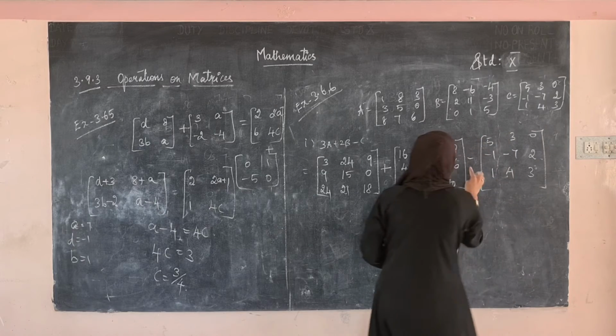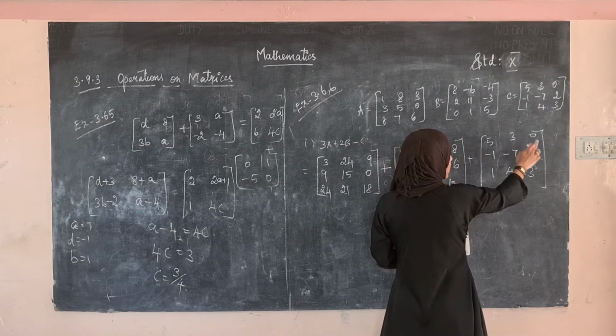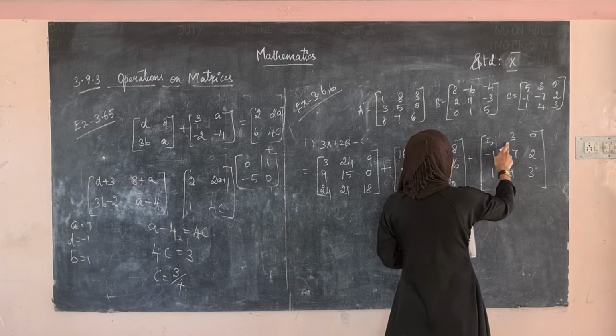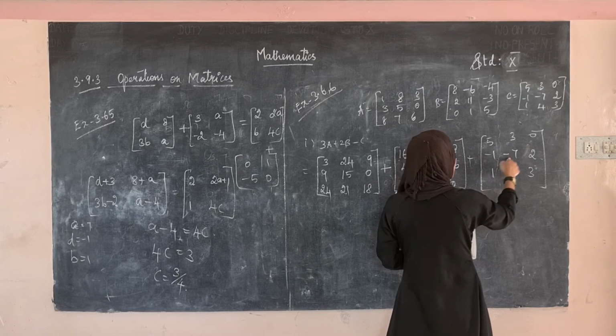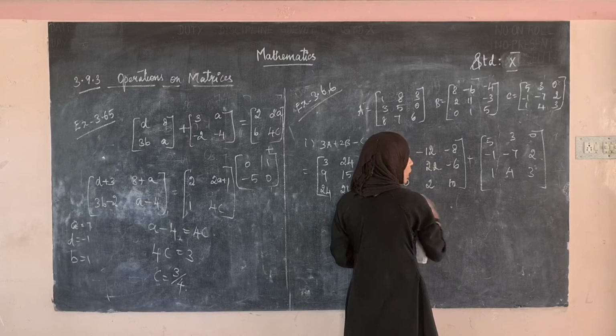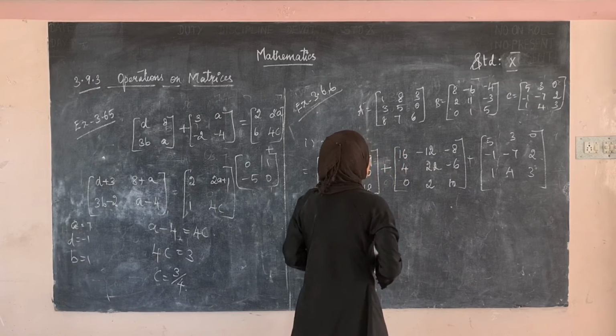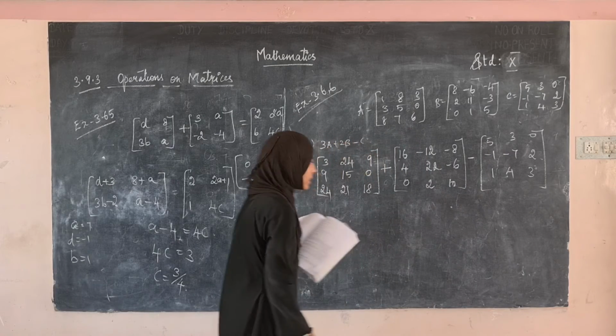You can either keep minus here or keep plus here and multiply minus with all these terms. What it becomes? Minus 3, minus 3, 0, 1, 7, minus 2, minus 1, minus 4, minus 3. And you can add all these terms. But here I am doing directly, okay? I am not going to multiply minus itself.